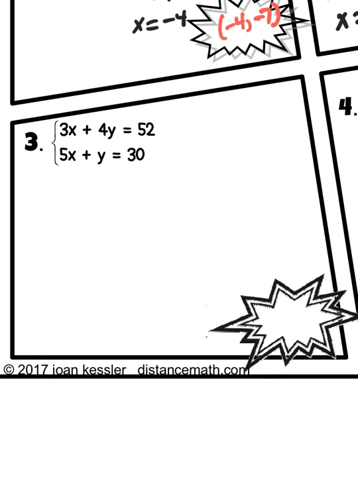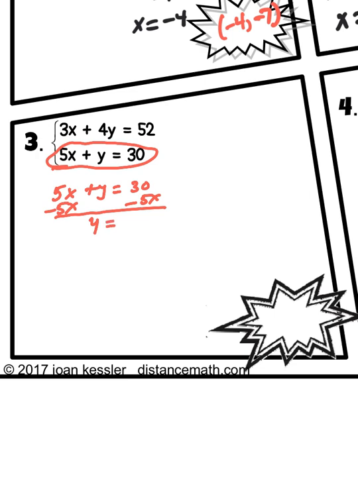If I look at both of the equations, I'm likely to solve for y for the second equation. So I have 5x plus y equals 30. What am I going to do to both sides? Subtract 5x. So I have y equals negative 5x plus 30. I'm going to go back and substitute that into the first equation. So I have 3x plus 4 times negative 5x plus 30